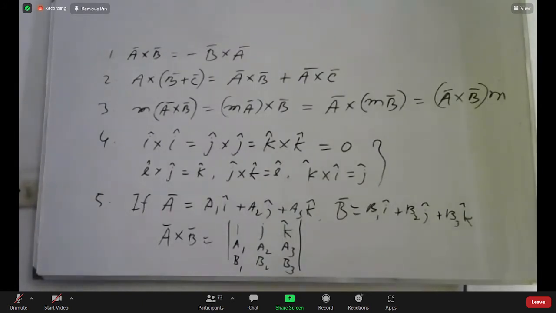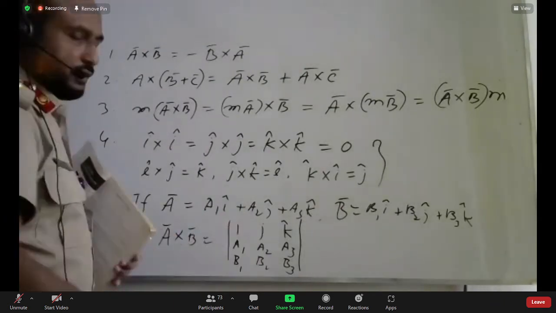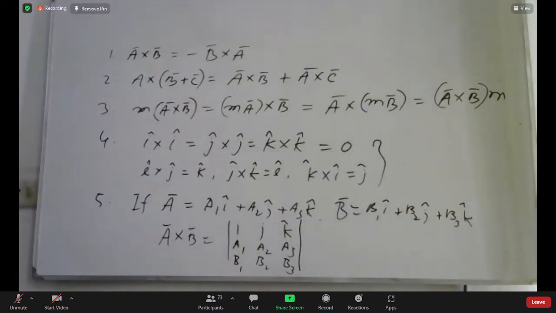বুঝতে পেরেছ? যদি a এবং b in component form we can write a and b like that, and then a cross b will be in determinant form like this. এটা মনে রাখতে হবে, and these all are very easy to remember because there is a mathematical pattern. Okay, in vector everywhere you will get a mathematical pattern, একটা pattern আছে, sequence আছে, একটা cycle আছে, so it is very easy to remember.